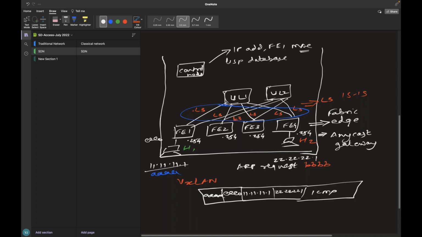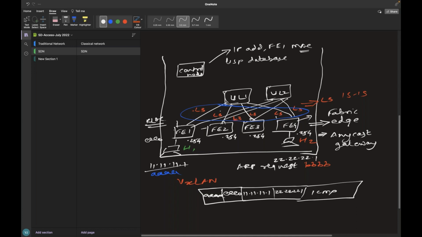How does it send? This L3 network is nothing but every Fabric Edge having a loopback IP address, which is called the RLOC, the remote locator IP address. So via this RLOC, it knows that if I want to reach 22.22.22.1, I have to reach Fabric Edge 4, which is the loopback of Fabric Edge 4.